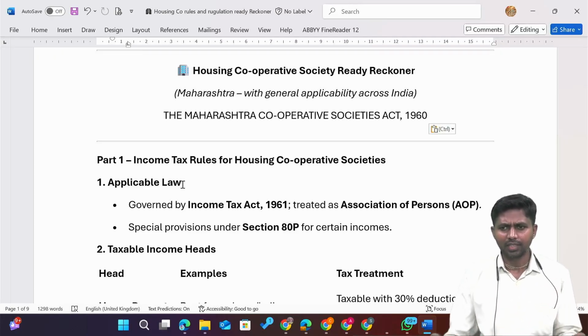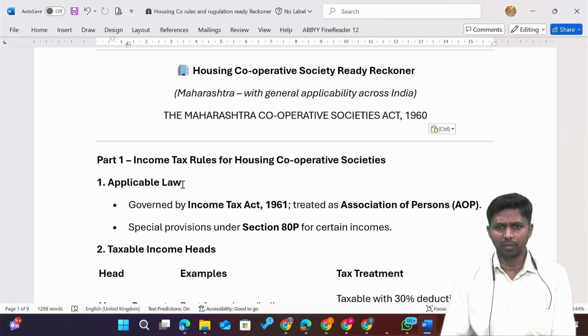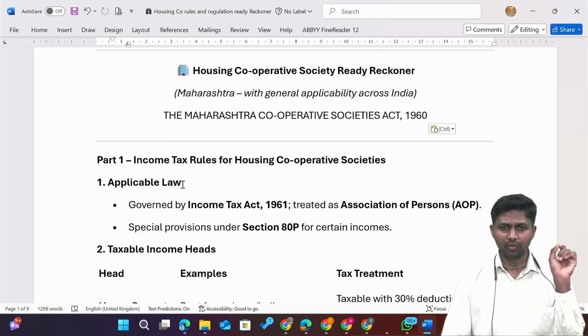If you want to do an accounting job in a society, big societies offer an attractive salary. Therefore, by knowing these provisions, you can become a good accountant and crack any interview. In between, we'll figure out the limits, the bylaws related provisions, the members register, share certificate register, etc. But first, your focus as an accounting student should be on accounting standards, income tax and